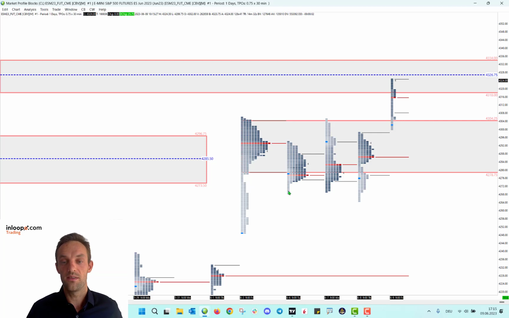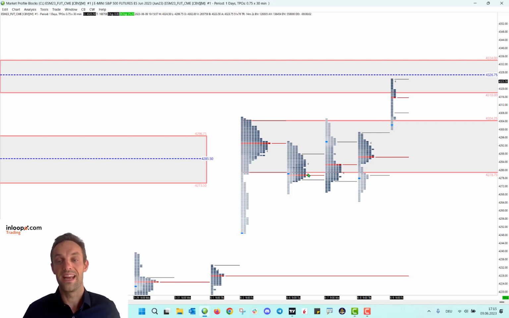So here you can see the next day opened just here at the bottom of this, at the support line, then tried to break below. There were a lot of transactions right around this support line, and here the point of control also was below. So there was a pretty good chance that the market on the next day broke below again.